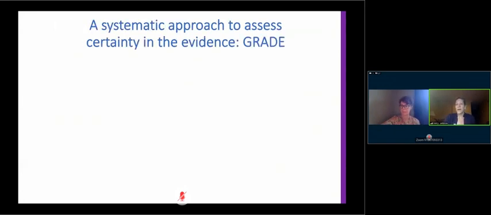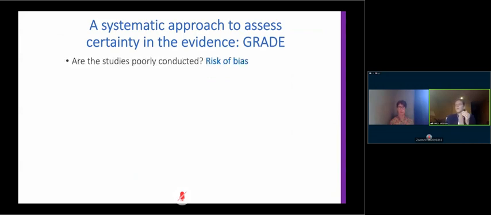And you know, I'm a member of the GRADE working group, and working with Cochrane systematic reviews, the GRADE approach is one of the ways that you can assess the certainty of the evidence. And I'm not going to spend time going through how to grade that evidence or come up with those levels of certainty, but only to say that there are specific criteria that should be used when you're assessing the evidence. So risk of bias,